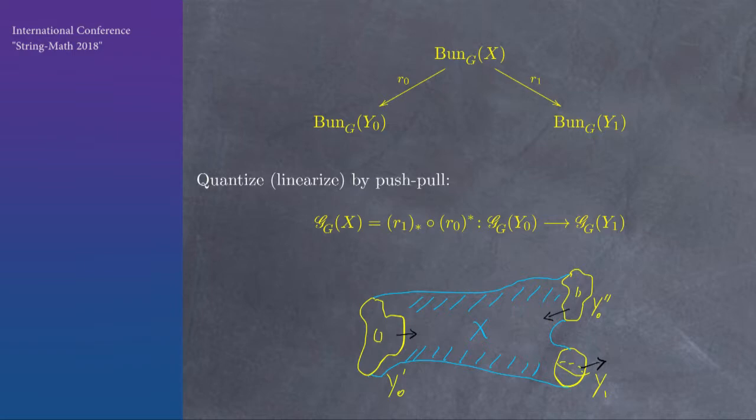I take a field on X, I can restrict it to the incoming boundary, I can restrict it to the outgoing boundary. And so we get that diagram, and we want to linearize the diagram, which we do by push-pull, meaning we take a function here, we pull it back, and then we push it forward. That push forward is the path integral, which in this case is just a finite sum. And so if you do that, then it just follows quite formally that you get the structure of a field theory, that you get gluing and so on.